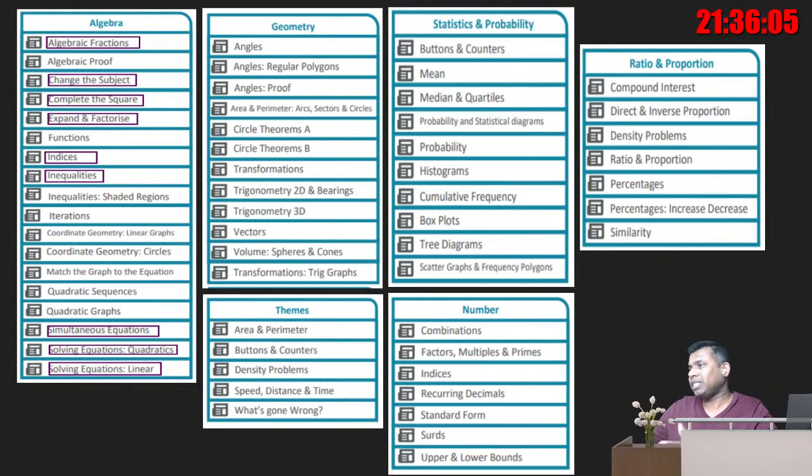So what we chose is the algebra topic for the first two classes. Once we finish the algebra after today's class, from the third class onwards I'm going to pick another topic. It could be cumulative frequency, it could be probability, it could be a tree diagram with algebraic harder questions, or maybe trigonometry, right? I have no idea what is going to be in the third class, but today is the last class for the algebra. So let's continue with the